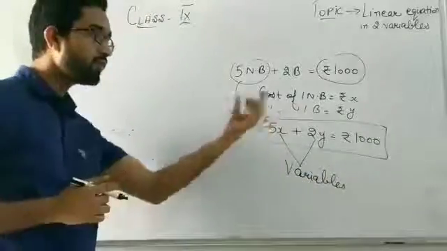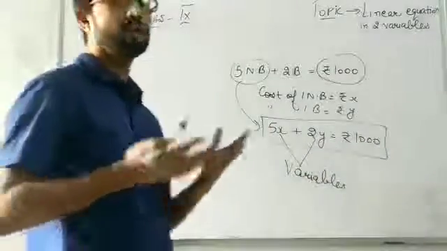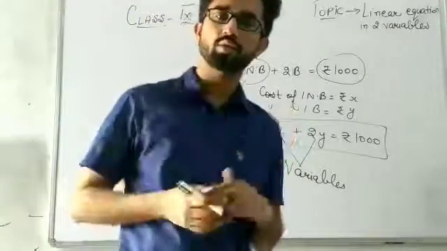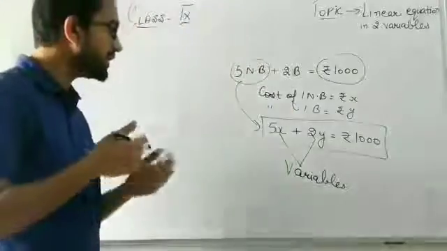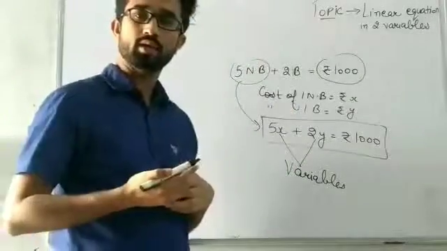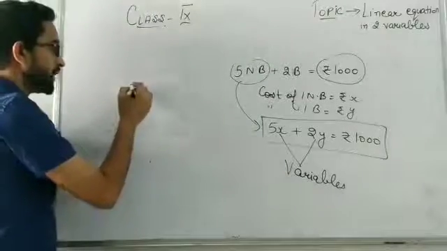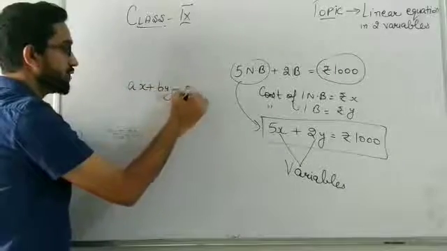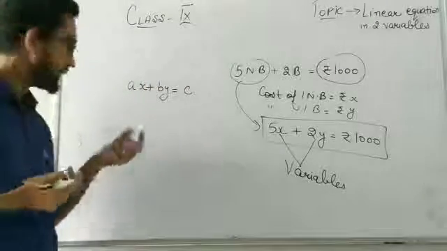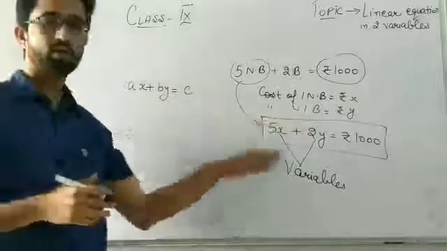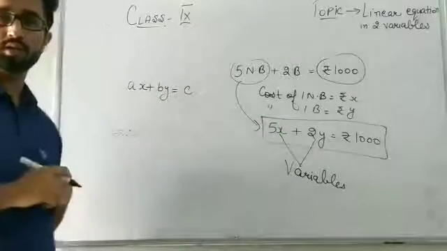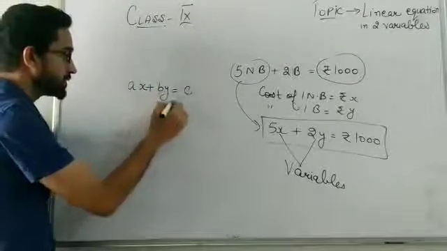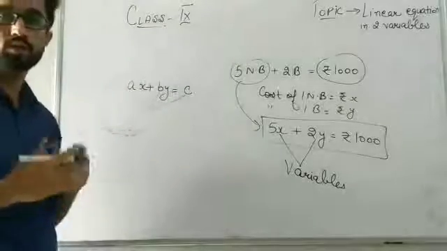So if I want to generalize this now, we have many linear equations in our daily life. If I want to generalize how my linear equation looks, let's see how it will look. It will look like AX plus BY is equal to C. You will say, sir, X and Y are okay, we have done the variables just now. What are A, B, C? Isn't it? So let me tell you, my children, A, B, C are actually constants only.